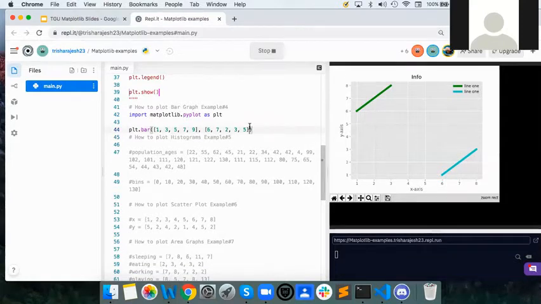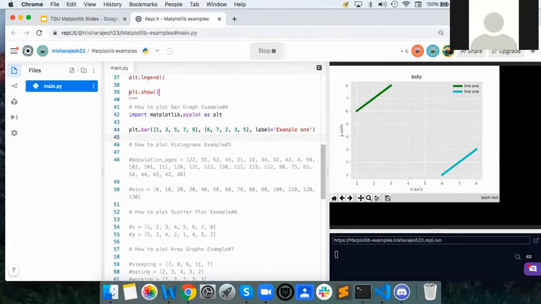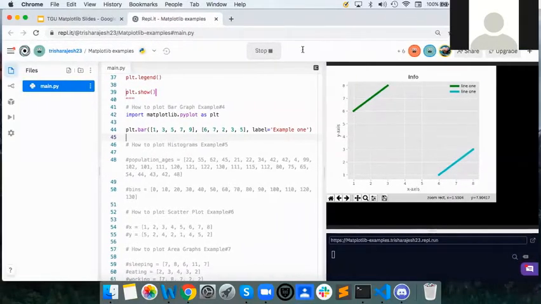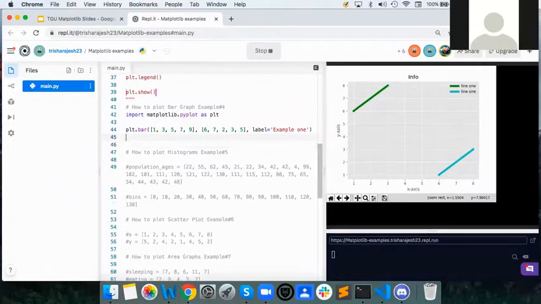And I also want to add a label for these bars, so I'm just going to say label equals, we'll call it example 1. Okay, so now I'll create one more plot and I'll fill in the data, and I'll also define the color so that you can differentiate the bars. So the default color on Matplotlib is actually a blue, but you can also change the color as I showed before. So if I wanted to change the color, I could just say something like